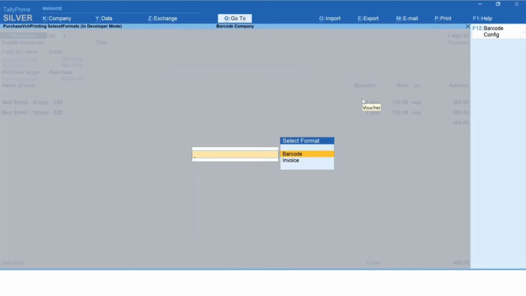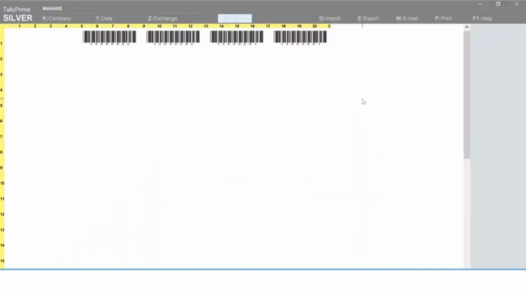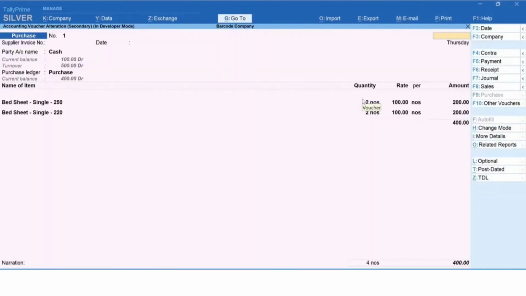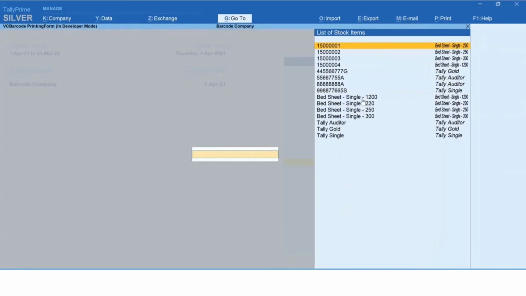I just give the barcode size and you can see the barcode is printed. I have not mentioned anything else, no item name, nothing, and the barcode will come up. I show you one barcode with a bigger size.